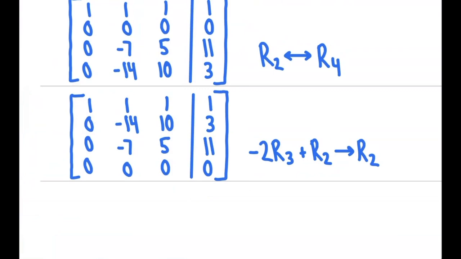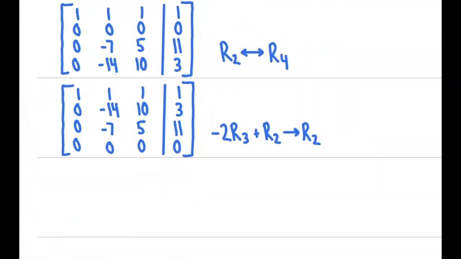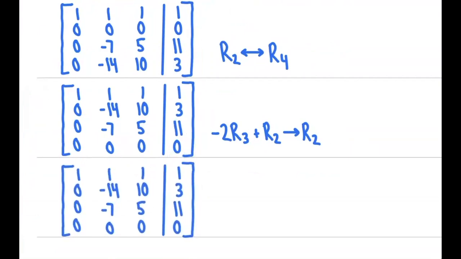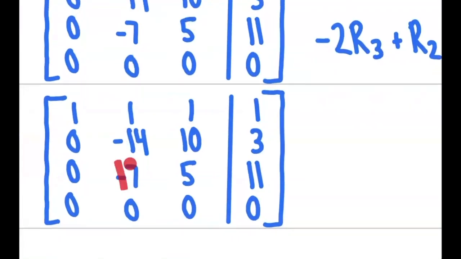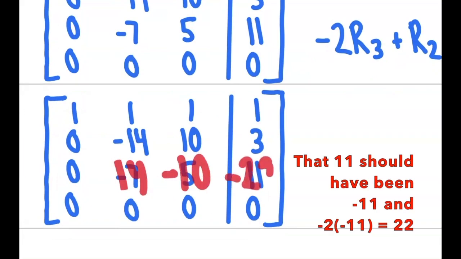And by the way, does this row of zeros mean that we're going to have infinitely many solutions here? That is the question. We'll see in the next step, and it'll be really clear what the number of solutions we're going to have is. So -2 times the third row, so this becomes 14, -10, and this becomes -22, and we're adding it